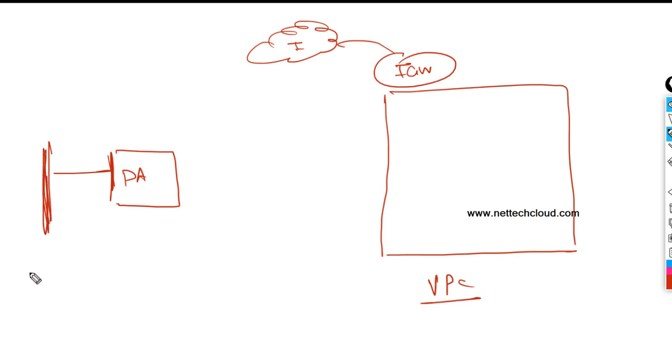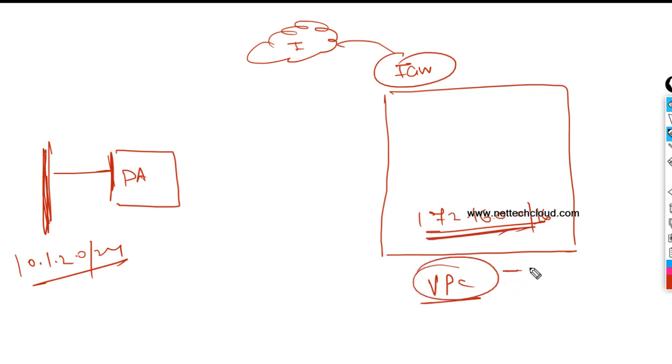Here is the LAN segment 10.1.2.0/24, and the VPC subnet here is 172.16.0.0/16, the major network VPC CIDR.